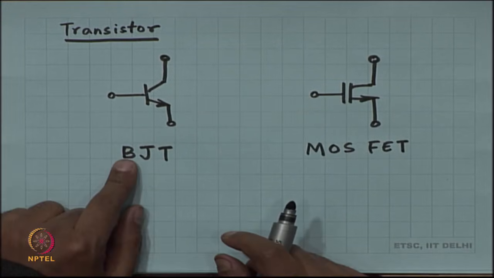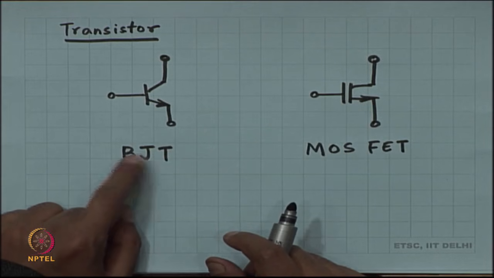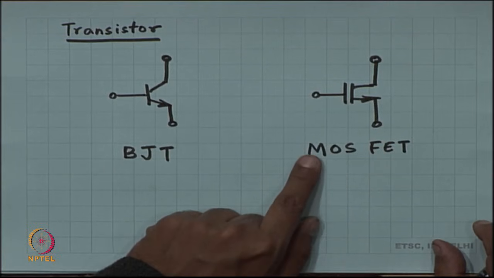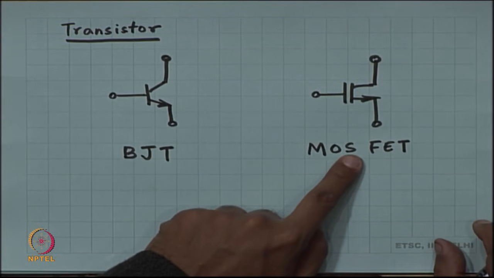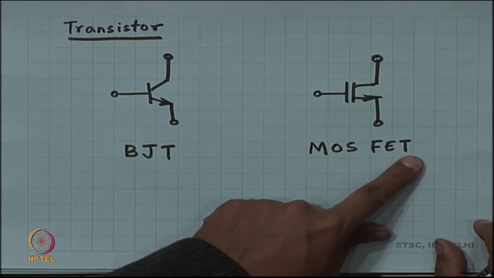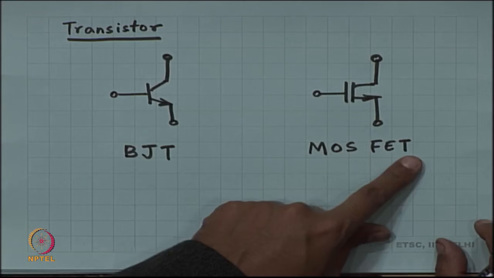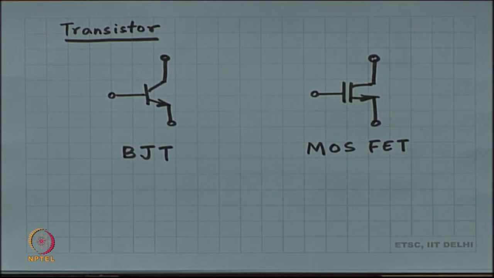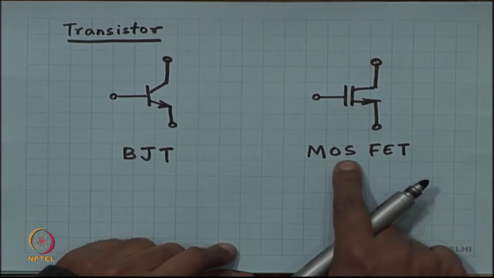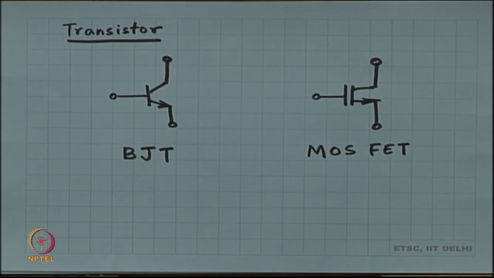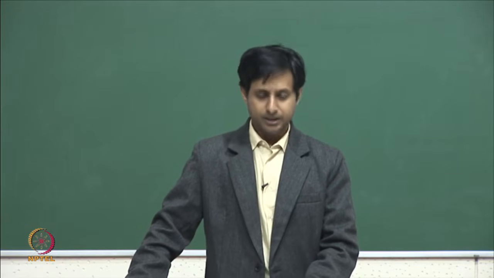So, the acronym here is BJT, bipolar junction transistor, and over here the acronym is MOSFET, metal oxide semiconductor field effect transistor. So, there are many different kinds of FETs. MOSFET is one FET, and in this course we are going to focus primarily on the MOSFET. In passing we will mention the BJT